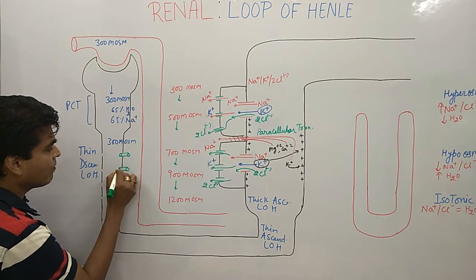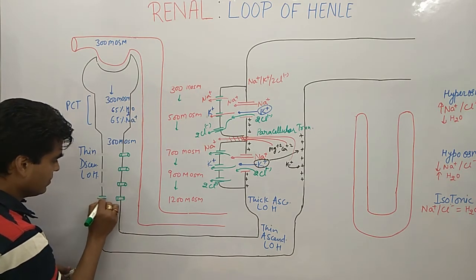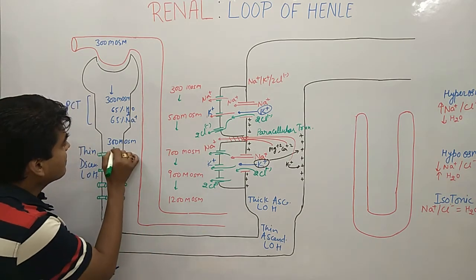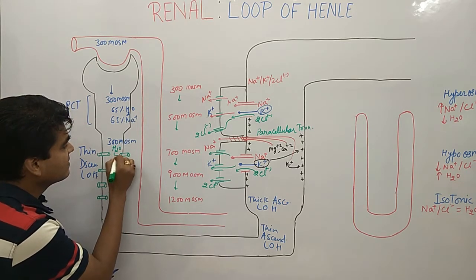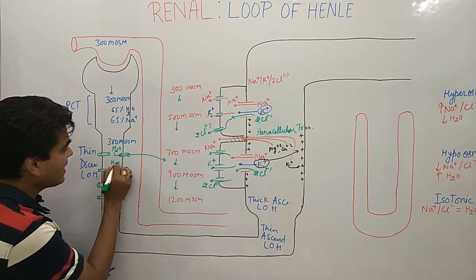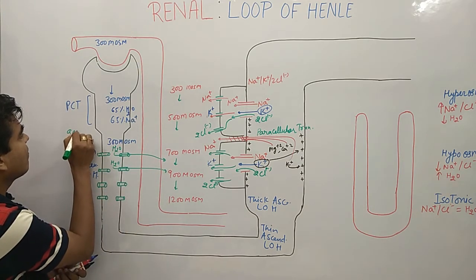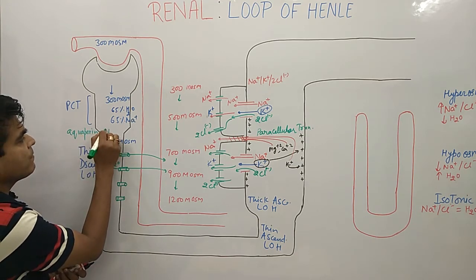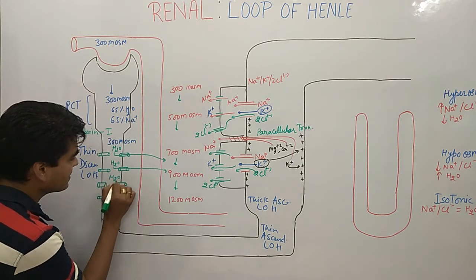So I am making the aquaporin channel over here. Now look at here what happened. These are what? Aquaporin channels. Here we have H2O, and H2O is moving in this direction. Again, H2O is moved by the aquaporin channel, aquaporin channel type 1. So water is moving in this direction.